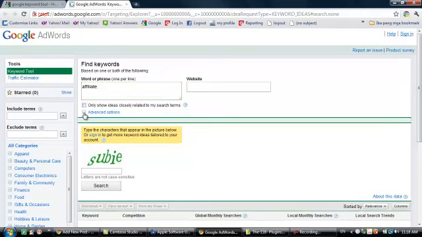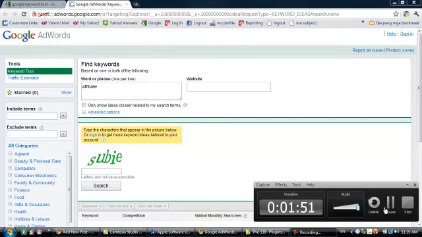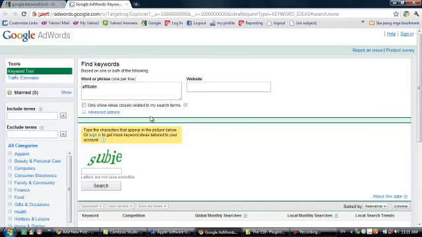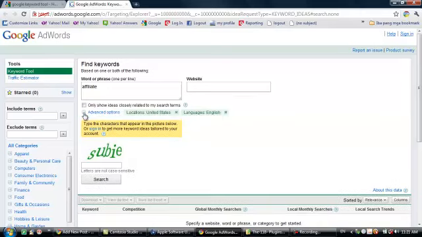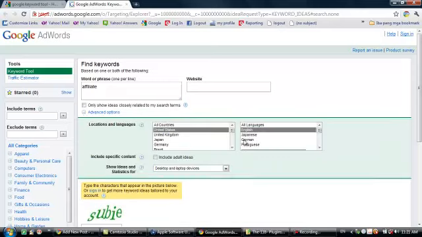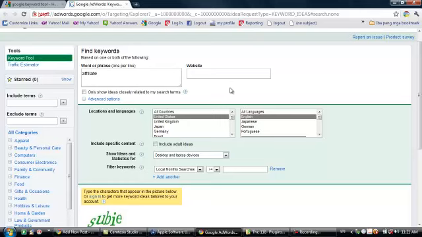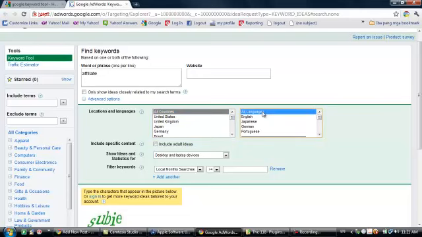and here at the advanced options, you can click on the plus sign, and you would be taken to locations and languages. Just select all countries in order for you to be given the global result, and then if you want to specify a language, you can choose English, or you can specify all languages.